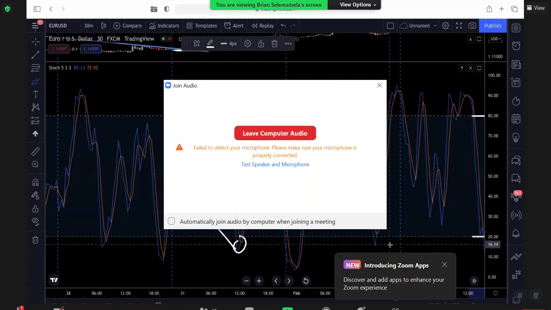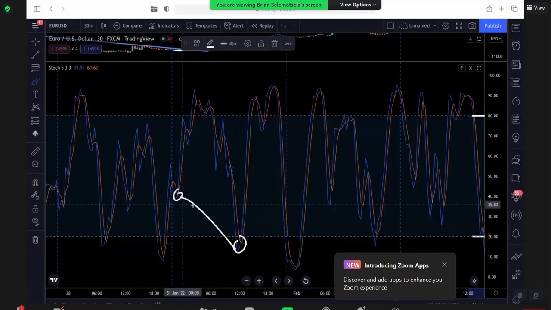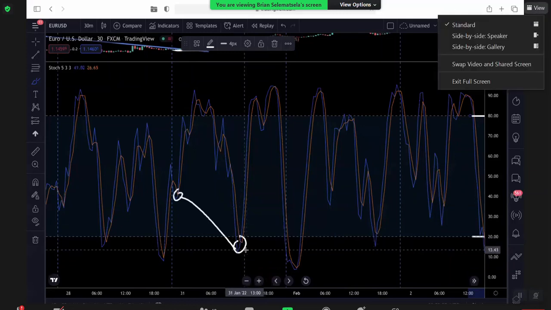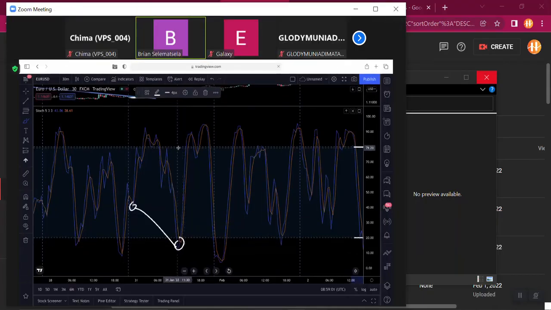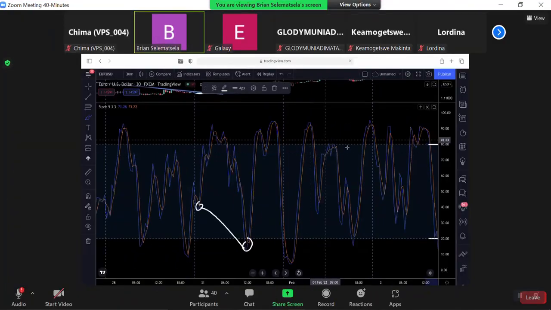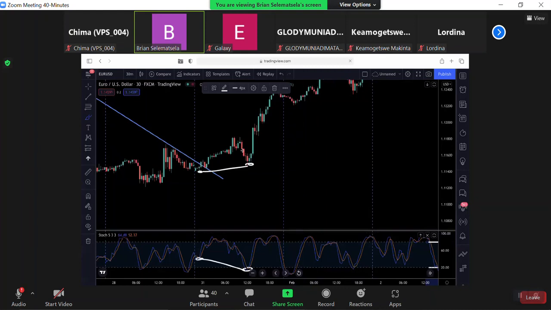The 80 line. So also when we are buying, we also want the stochastic to create a divergence while touching the 20 line, which is the oversold line. And when selling, we want it to touch the 80 line while selling from there. So now in this case, if you compare those 2 points, we could see that there's a difference of